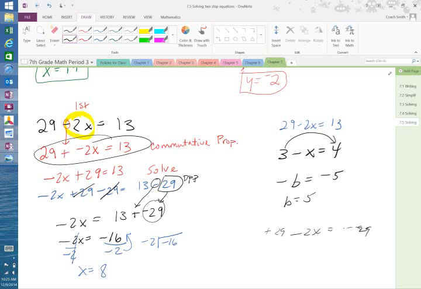But anytime you have a subtraction sign from the variable, you got to go ahead and change it and flip it. Okay, you got to change the subtraction to addition and flip it. Use the commutative property at that point. Okay, because that's the only way that you can solve it correctly. Because you're looking